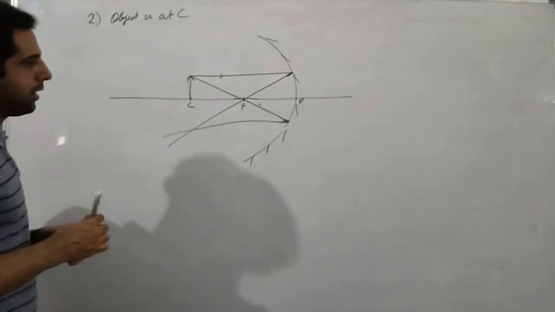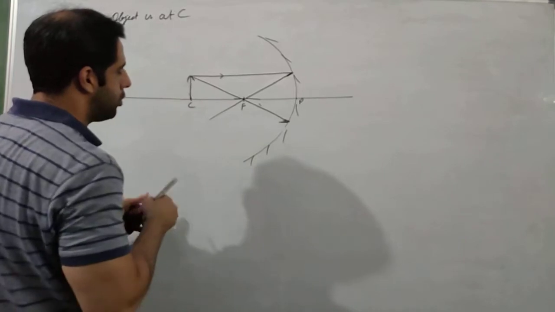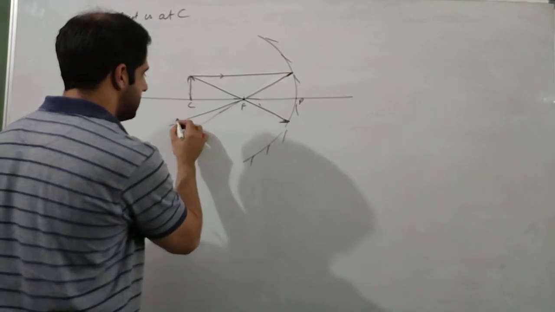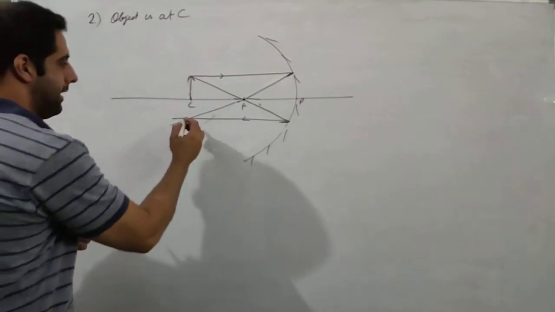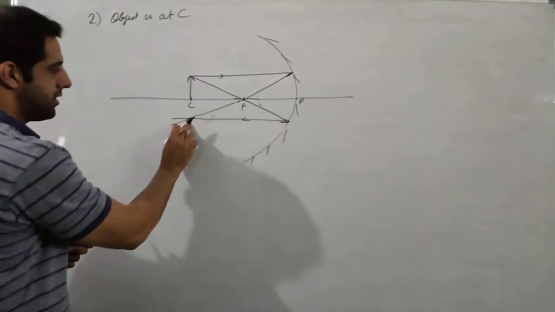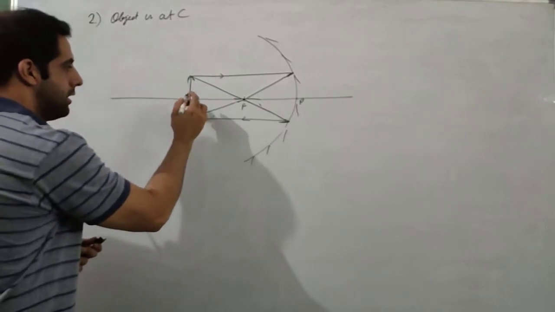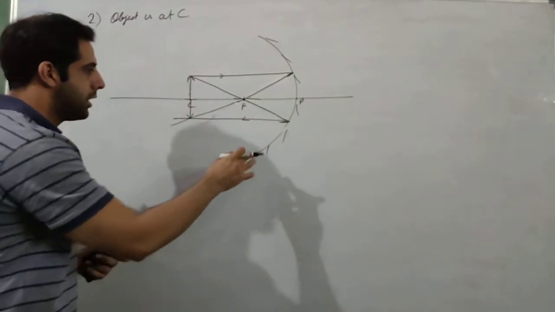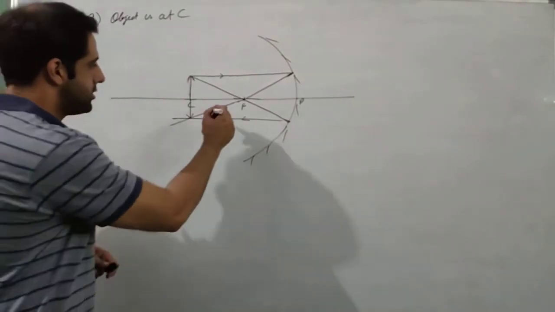Whatever you do with your scale, you will see that both the reflected rays will intersect each other at this point. Now if you draw the object here, this is the head, so at this point will be the head, so you will draw the head and then the rest of the body, so this will be the image. When you draw it with a scale, it will not be so dirty like mine. But the concept stands. There is no problem in the concept.